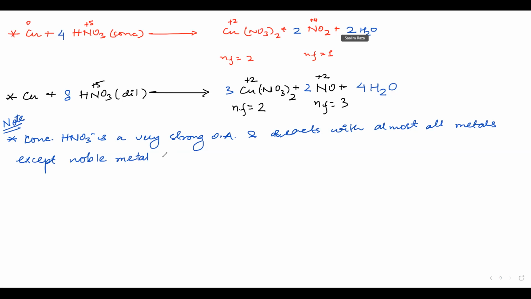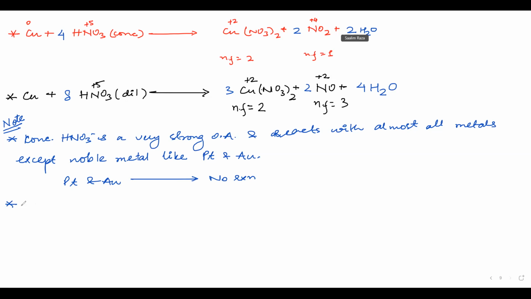What are they? Those are like Pt and Au. These two do not react very easily. Okay, platinum and Au are also known as noble metals. So you will have no reaction. Sir, Au is gold, right? Yeah, Au is gold. So gold is a noble metal? Yes, gold is a noble metal. How? It is expensive. We cannot see that.